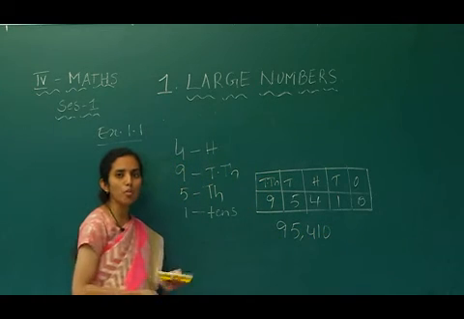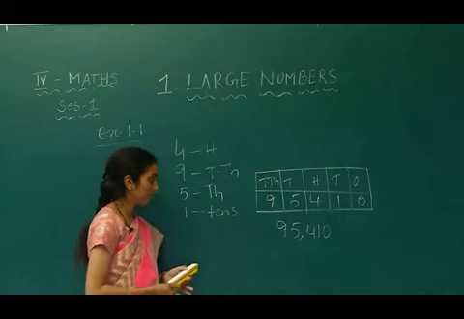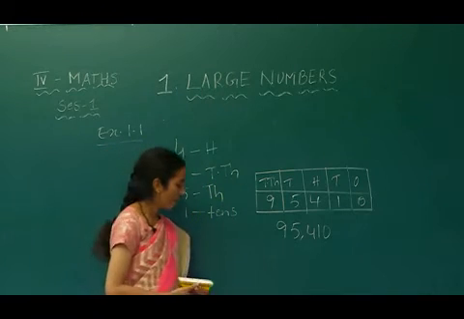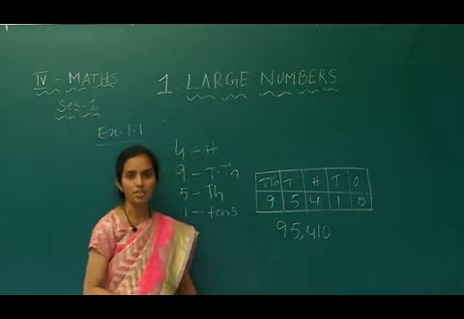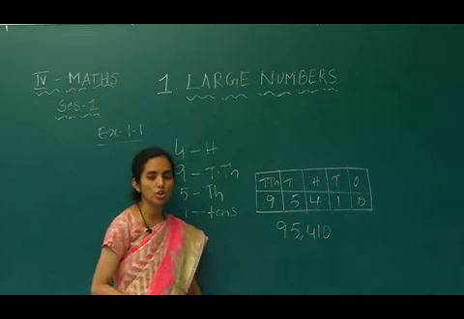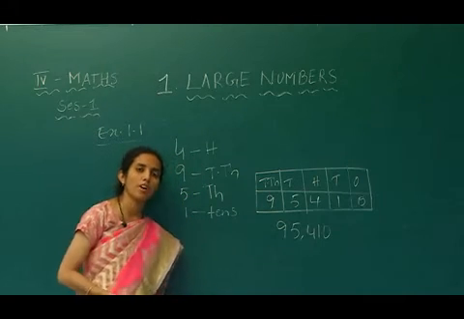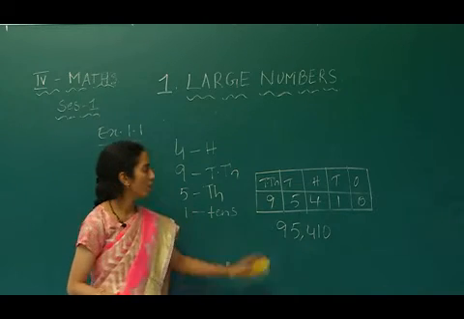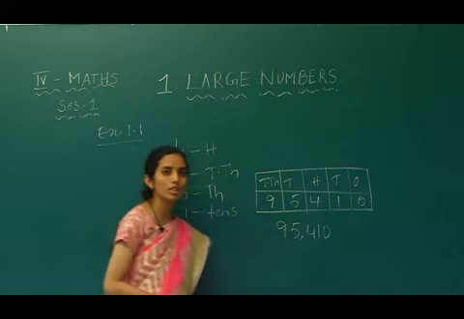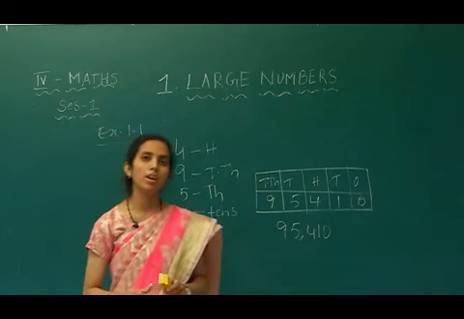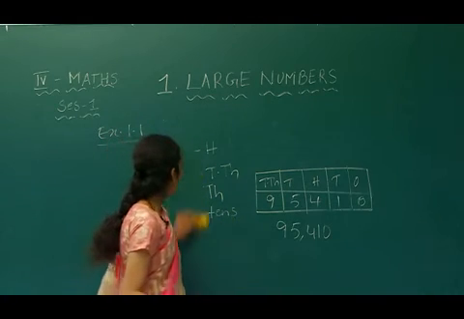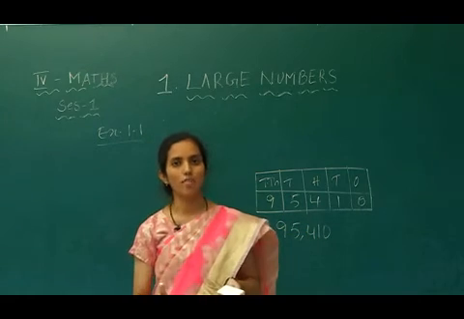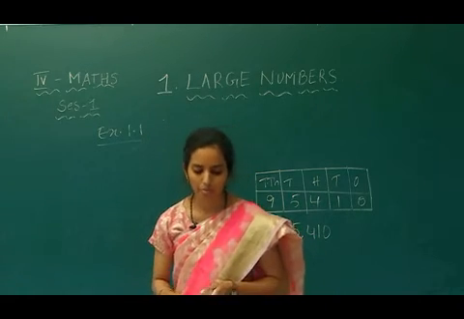95,410. Observe one thing. If the number is given in 10,000s, that means the number should compulsorily be of 5 digits. So if any data is not provided, if hundreds is not provided or tens is not provided, whatever place is not provided, you just write down the 0 in that place. So the second example I want you to do, that is also very easy. Draw a place value chart and substitute the values, you will get the number.